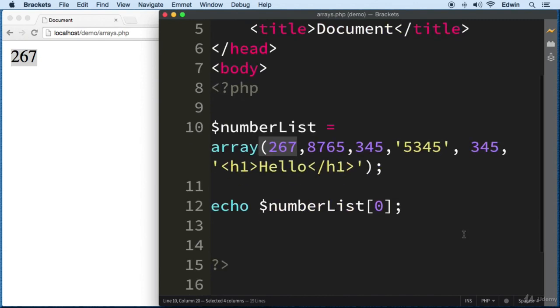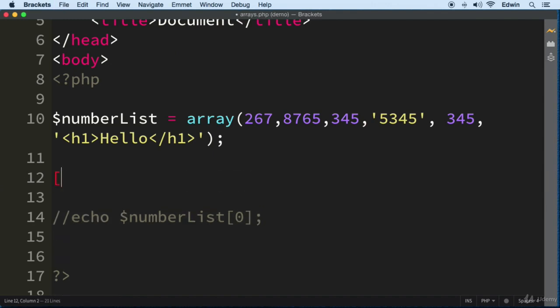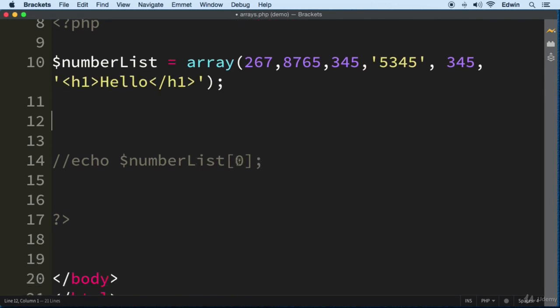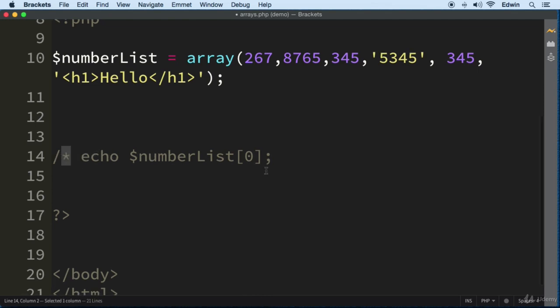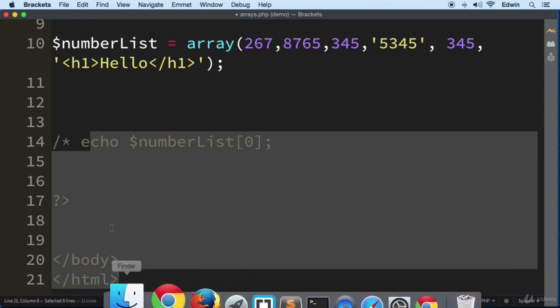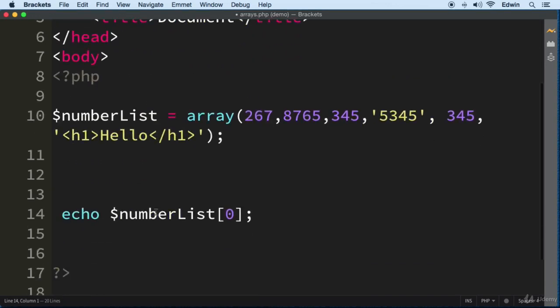Now let me show you what I mean by index 0. I'm just going to comment that out. This is the same idea as in HTML, basically. In HTML we comment things out like this, right? Well, in PHP we just use // twice, and that's a single-line comment. I'm just repeating this in case I haven't told you already how to do it. And the /* lets us start here, and we comment everything until we close it like this. I think you do it like that in CSS too, if I'm not mistaken. So anyways,